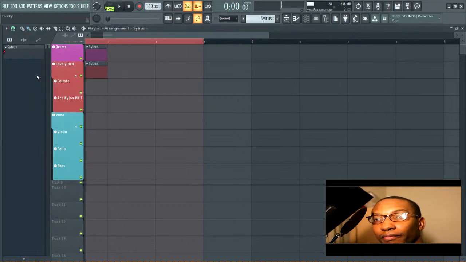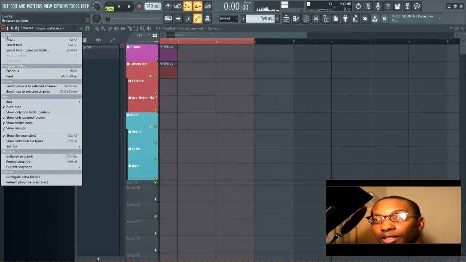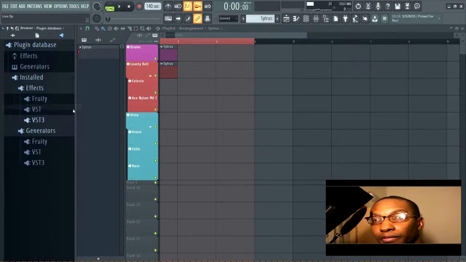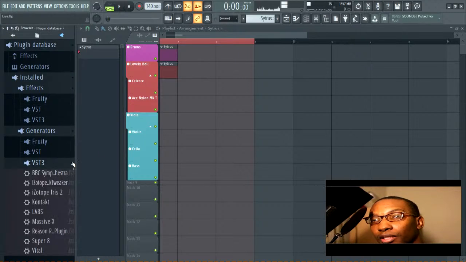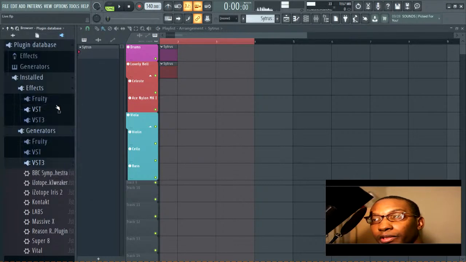But Alt F8. And then I have this set to auto hide, which is right here. If I wanted it to stay out, I could uncheck that. But I don't, because I like having screen real estate. So with that being said,